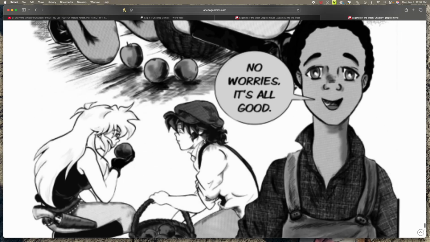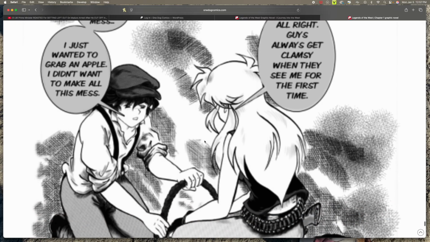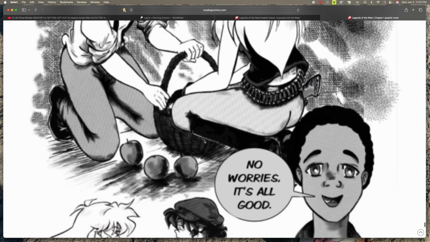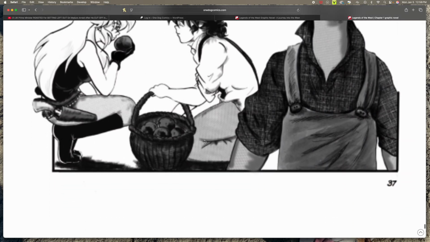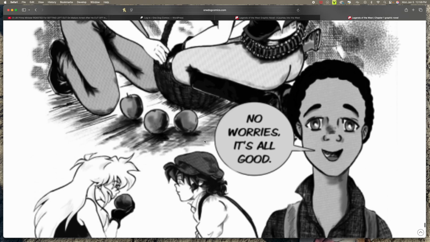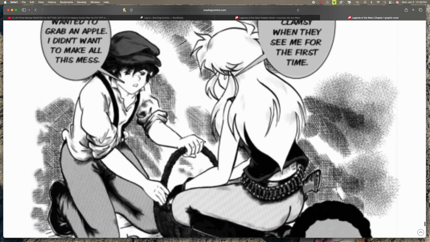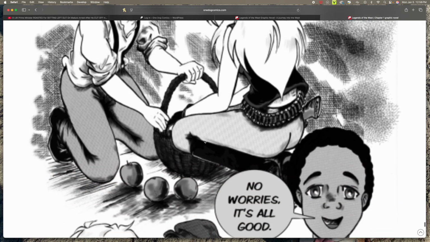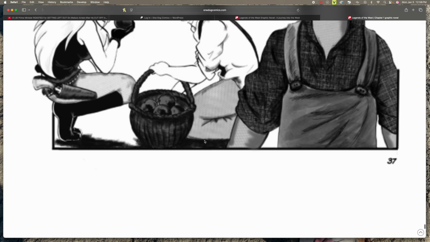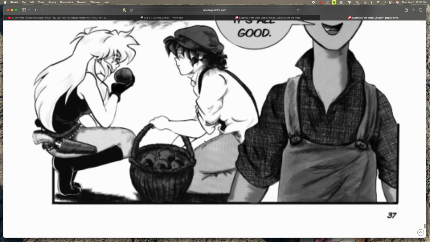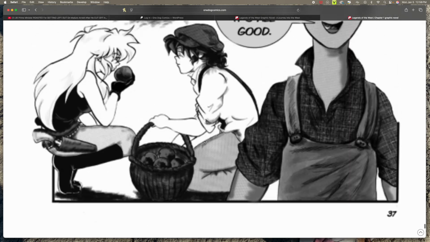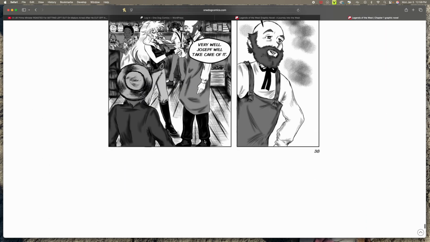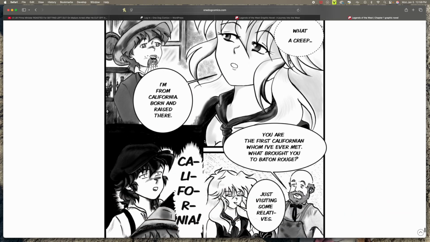This one, unfortunately, I have to redraw because I lost the page with all the layers from Clip Studio Paint and Photoshop. I couldn't find it anymore. I don't know what happened. Probably got deleted by accident. And this is just a JPEG file, and as you can see, it's all pixelated, and there's nothing I can do about it. I had to just redraw everything, and eventually we'll do it, but just to have my chapter 1 complete online,